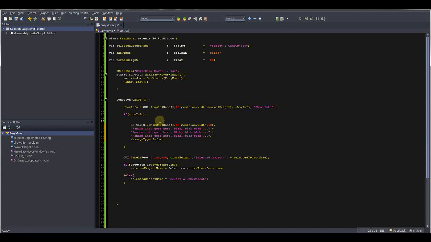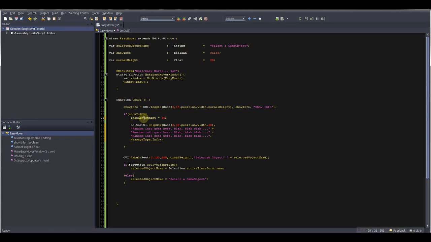All right, because that's what we're doing. We'll put that there, info adjustment is going to be equal to 60. All right, and